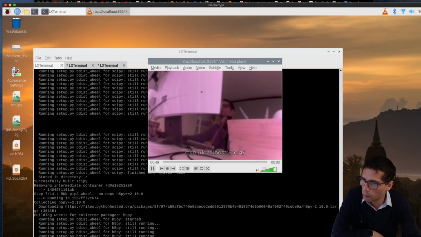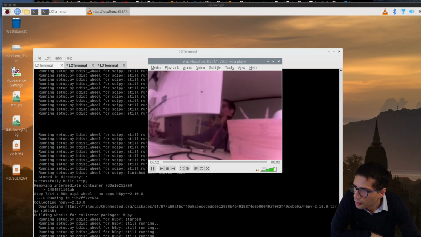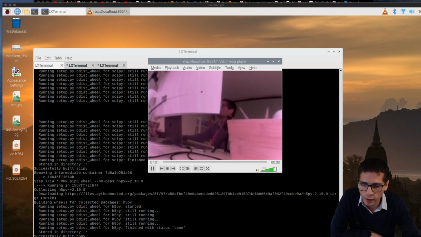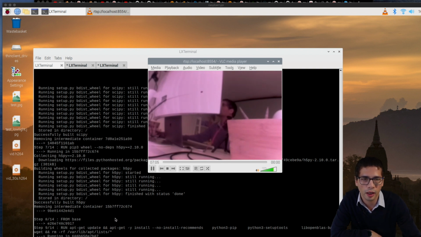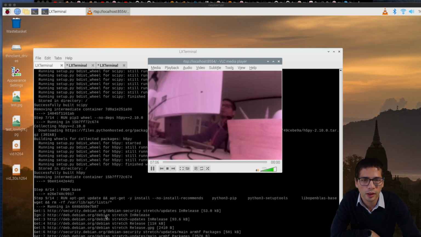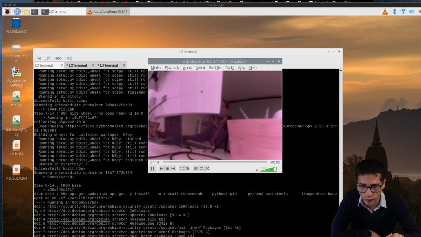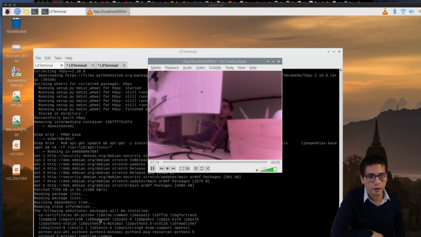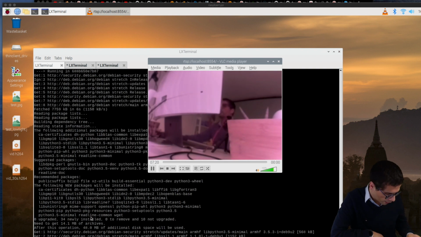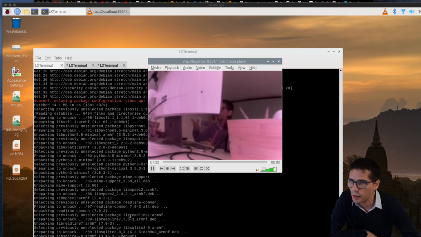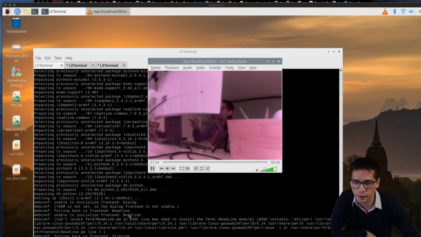Okay, so installed one more package. It's getting there. 9 out of 14 now. So it's installing some other packages. Just to give you an idea, I'm actually creating a Docker container that I can use later on for development, because I'll be using TensorFlow, OpenCV, Python of course, so I need to have a container which has everything I need.